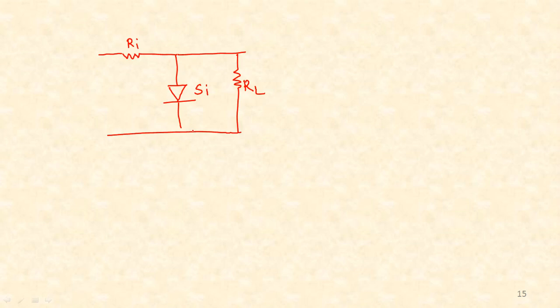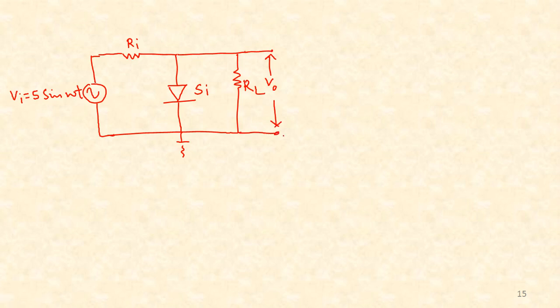The load resistance is parallel to it, with a common ground, and the input signal is Vi sine omega t. Okay, so the output is...